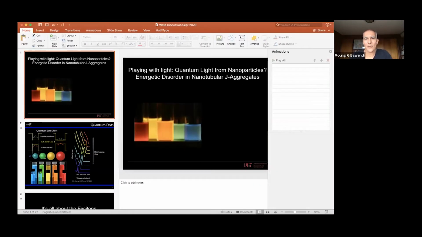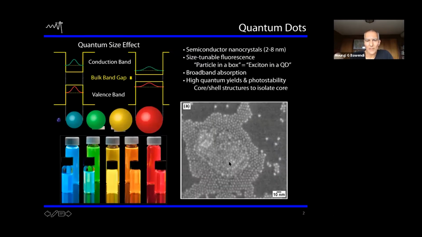Let me start with quantum dots. Quantum dots have been around for a long time now. These are colloidal quantum dots, which we make chemically, as opposed to the quantum dots that are made using epitaxial growth, that are usually studied by the physicists. So these are made in solution, and they're little boxes of semiconductor that are about 5 to 10 nanometers in